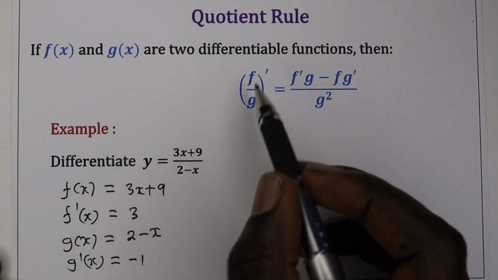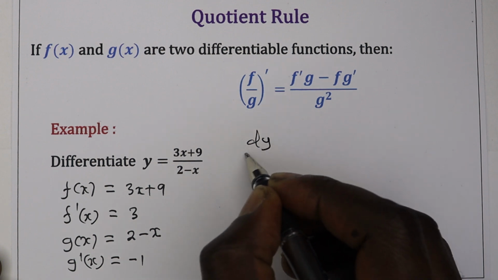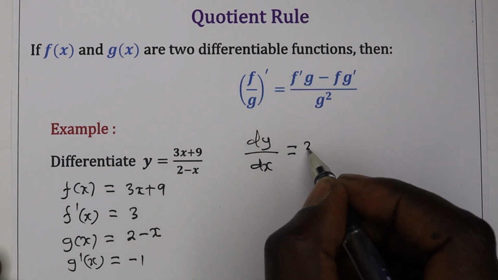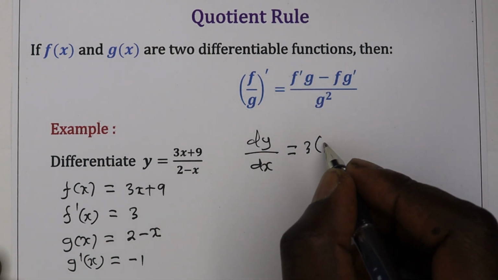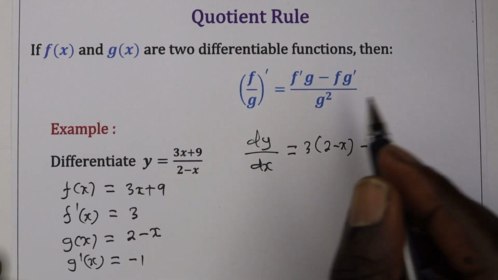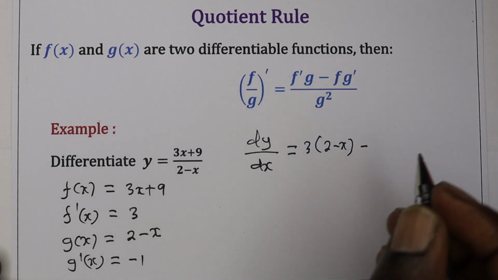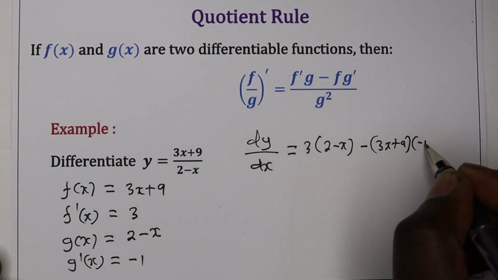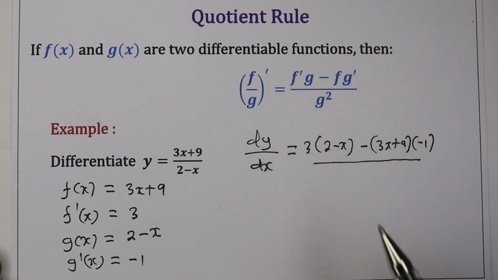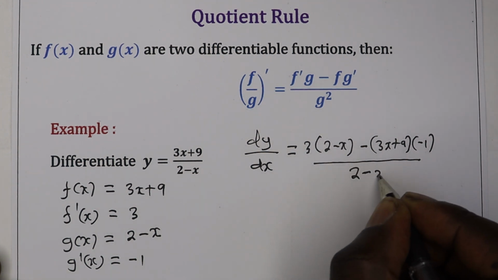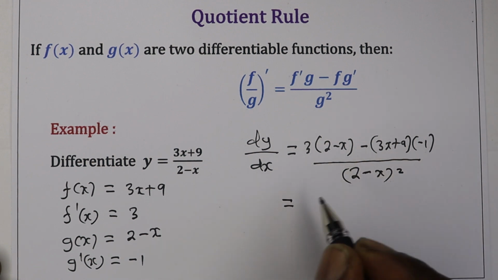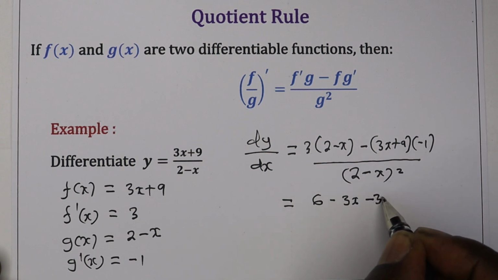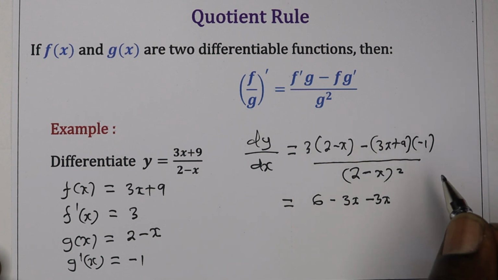So dy dx, that is the derivative of this quotient, will be given by the derivative of the first function, that is 3, multiplied by the second function. The second function is 2 minus x, minus the first function, and the first function is 3x plus 9, multiplied by the derivative of the second function, that is negative 1. And then you divide that by the square of the second function. That will be 2 minus x squared. So let us simplify that. It will be 6 minus 3x minus 3x,